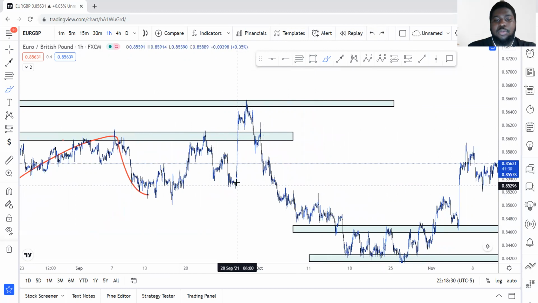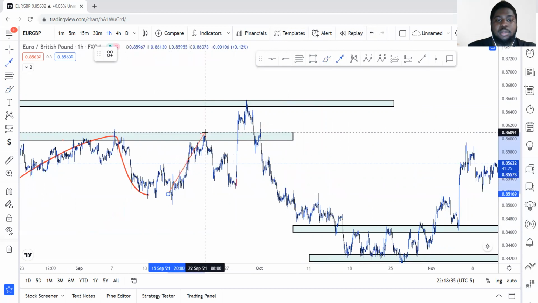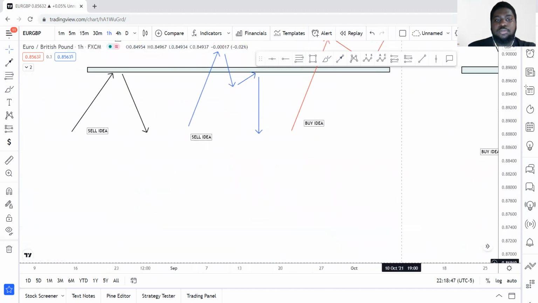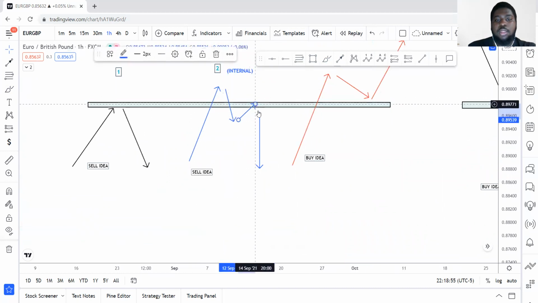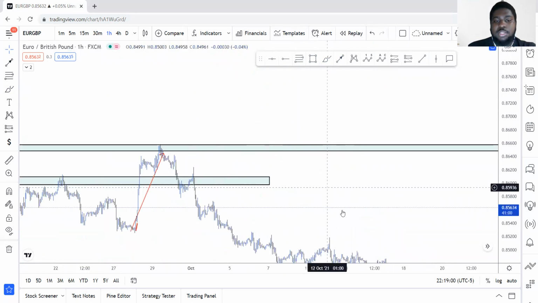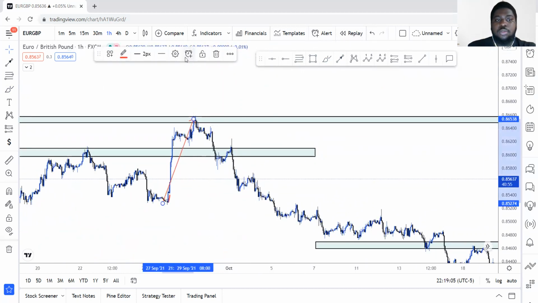And then we have a number 2 example. So once again, this was a number 1 example: price hit it and then came down. See that? But then we also have a number 2 example. Price went all the way up. Let's look at number 2. Number 2 says price goes above, comes underneath, retests the structure, and then we look for the sell. Let's go back over here. That's number 2. So we can see that price went all the way up,